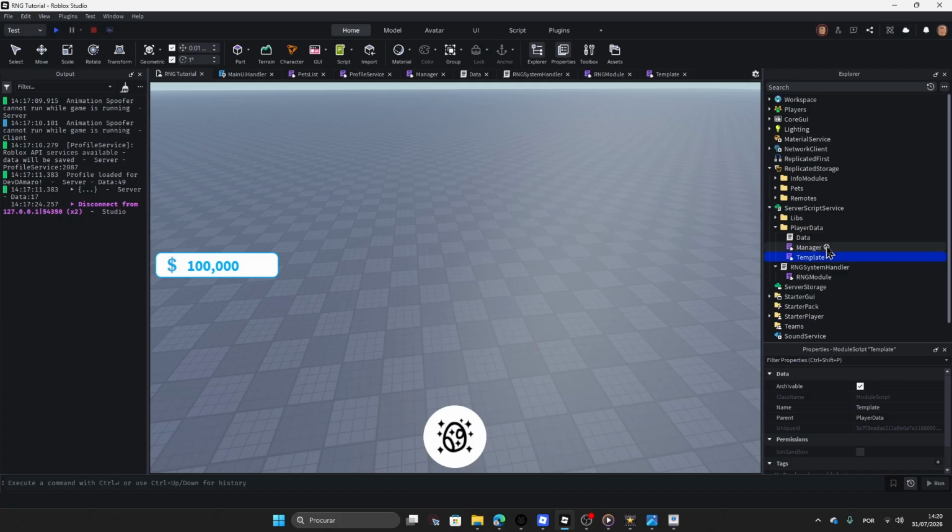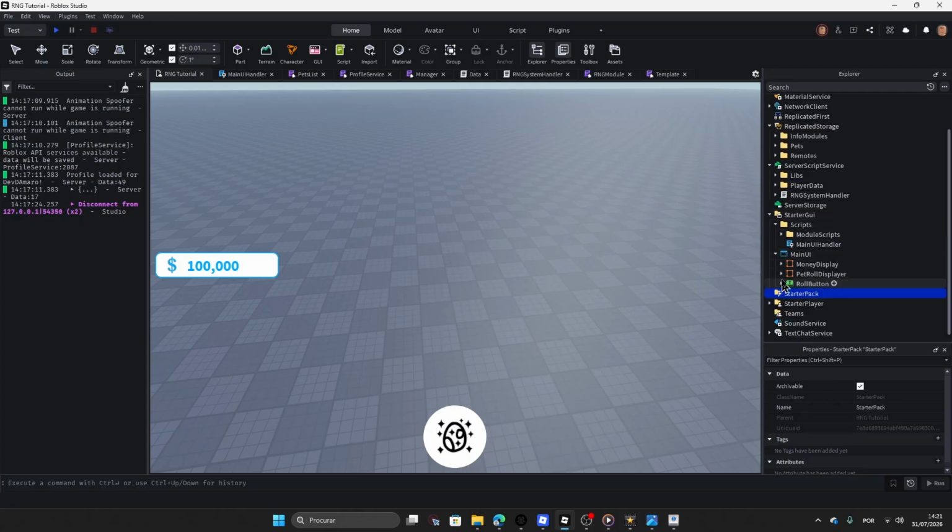So today what we are going to do is not a lot of coding, we are just going to make the pet inventory UI. So we are going to create the button and the frame which will hold all the pets, and then on the next episode we will actually code it and make it functional. So let's start. I'm gonna start by adding